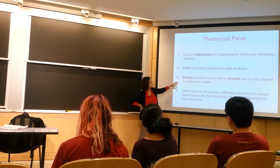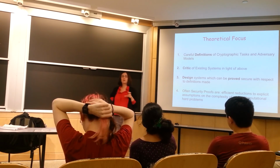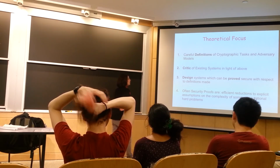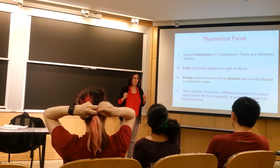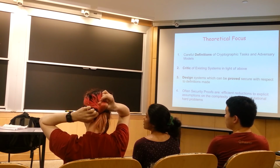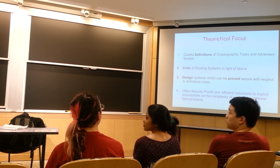And then we will design systems where we can prove that they are secure with respect to the definitions that we require. Now, those of you who know a little bit about crypto should be a little bit worried here. What do you mean prove? When I say prove, often what the proofs look like here is we assume, let's say, that factoring integers is a hard problem. Or we assume, I don't know, that finding a short vector in a lattice is a hard problem. We will define exactly what a lattice is and what finding a short vector means, and so forth. But there are these assumptions that we make, and then when we talk about proofs, we really mean proofs of this sort,